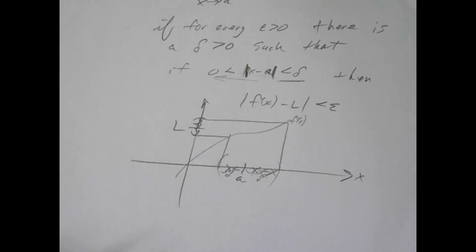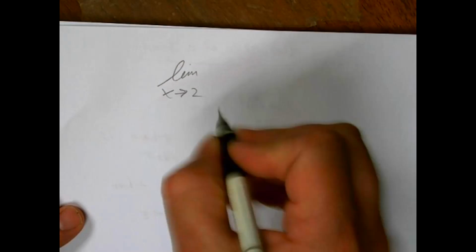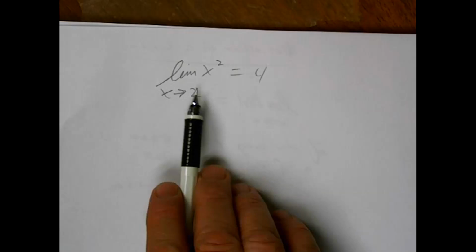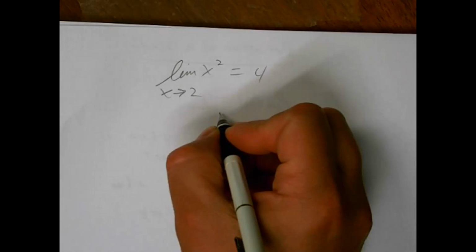So let's look at a numerical example with an actual function, shall we? Let's say I was to make the claim that the limit as x approaches 2 of x squared equals 4. Now, from what we've previously seen, since x squared is a polynomial, you've been told at this point that you can take 2, plug it in here, and it will tell you the limit value. Again, you've been told that as far as the polynomial is concerned, but you haven't proven it, right? And we're going to. This is one we can do,